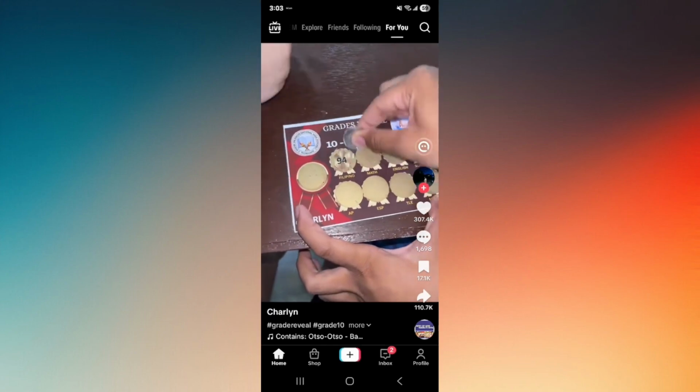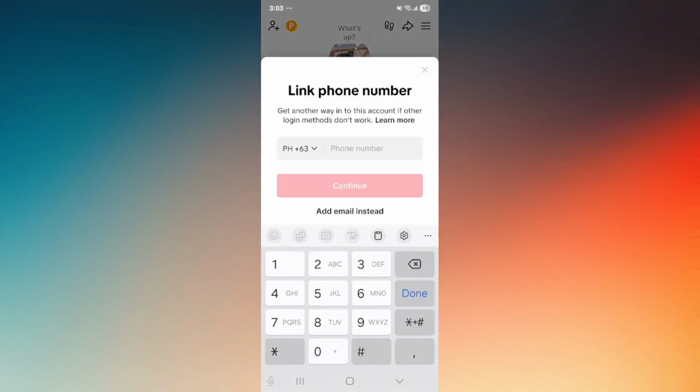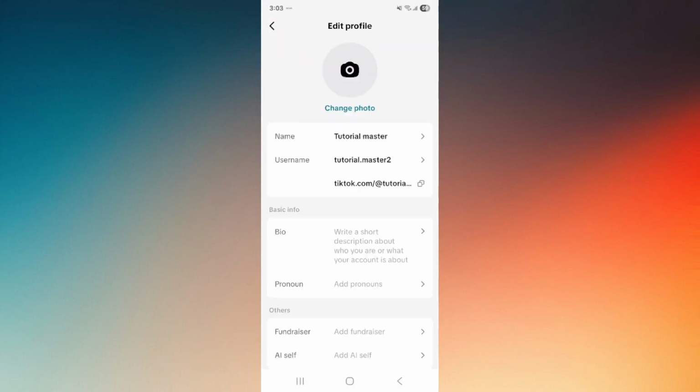At the lower right portion of your screen, you should see Profile. Tap on that, and then in here, right side of your current TikTok name, you should see the Edit button. Tap that, and below the Bio button, which will be in the basic info field, you should be able to